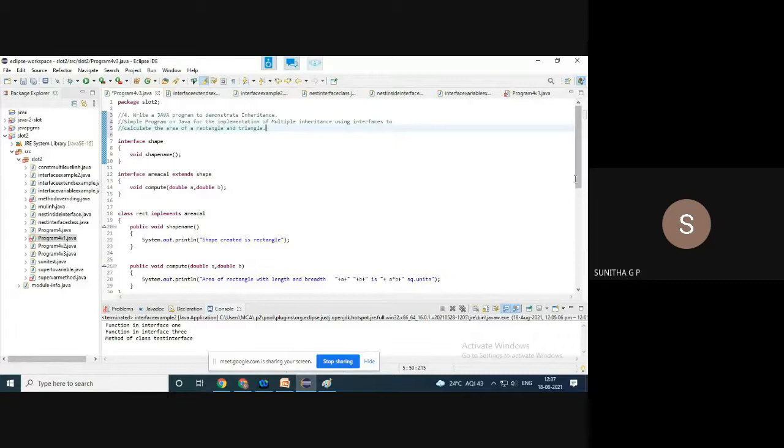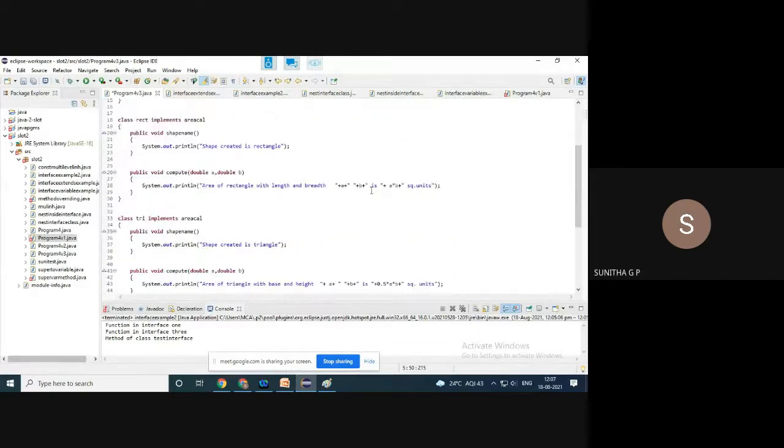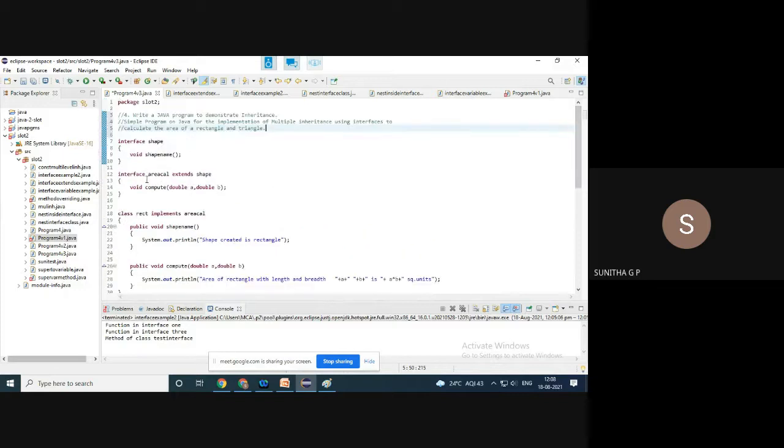Here you are printing those a and b values, and the area calculation is a star b. Take another class triangle that implements area1, which is the interface. The shape name definition is different, it is triangle, and the area calculation formula is different. You have two classes which have implemented the interface area1, which is extended by another interface shape.